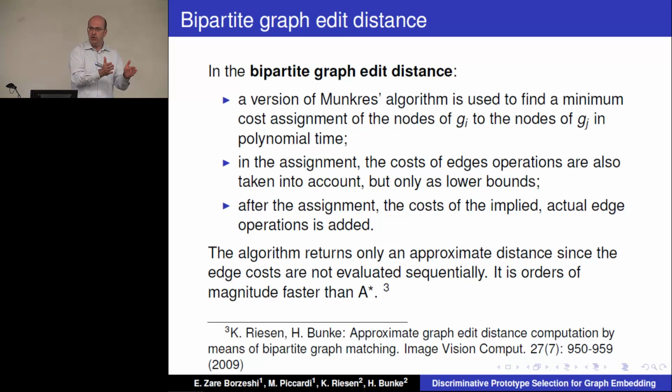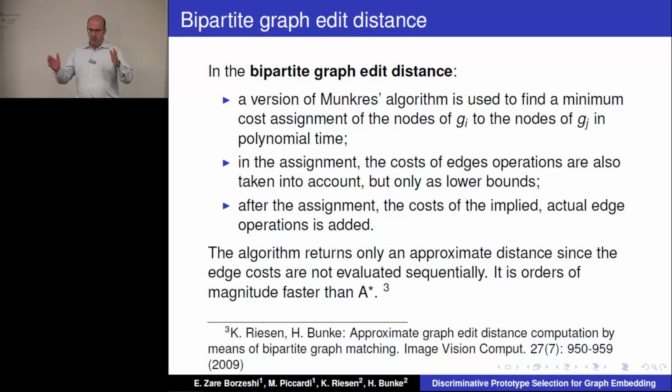So if you're performing the node operation, you can add a cost to that node operation that comes from the minimum cost or lower bound edge cost associated with the node operation. So in that sense, the bipartite edit distance is a bit more sophisticated than just a node assignment. It is an optimal node assignment plus a lower bound on the corresponding edge operations. So the bipartite, the two partitions are the nodes in one graph and the nodes in the other graph, yes. Right? And then you're saying, given a node in this graph, you look at all possible nodes you can